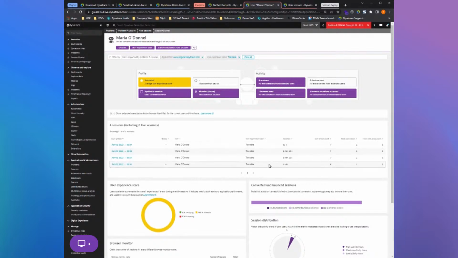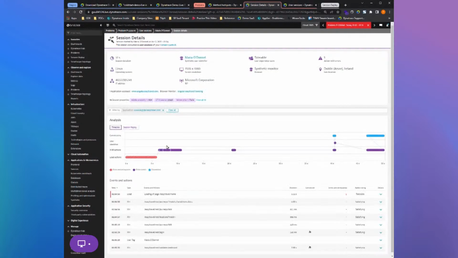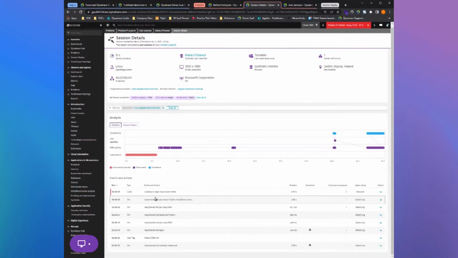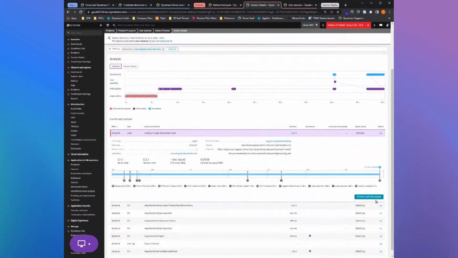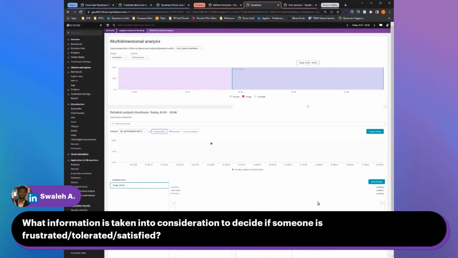But her 4 sessions, they don't look so good. They're tolerable. And if we dive into this session, we can see that first load took 5.52 seconds. Now that's a long time to sit on a page waiting for it to pop up. And this one doesn't have session replay, which I'm going to show on another user. But this one, we can dive into the waterfall analysis on this user's session and see what was happening for that service call, for that load of a page that a user tried to do. So now I've clicked into,